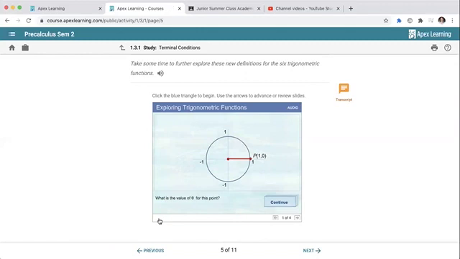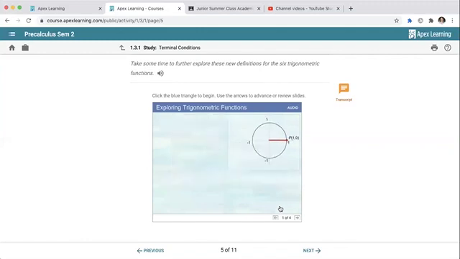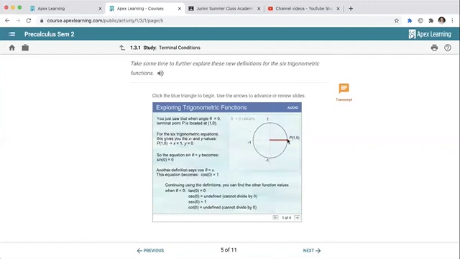Okay, so looking here, what is the value of theta for this point, right? Trying to figure that out. So the terminal point is located at the rightmost point, okay, all the way over here. So that makes this 0 radians, right? Because the whole thing is 2 pi radians, so we start off with 0. Okay, so if we know that this is at (1, 0), we know that we have 0 radians, and we also know that now using our new functions,